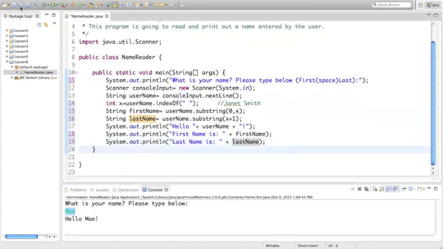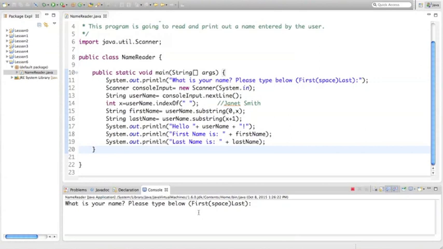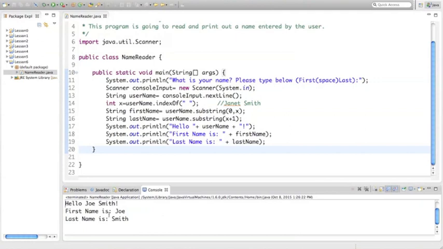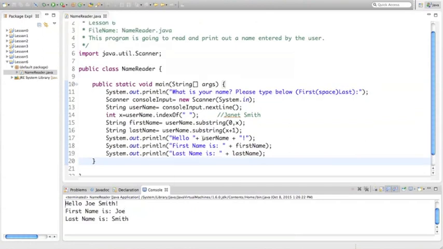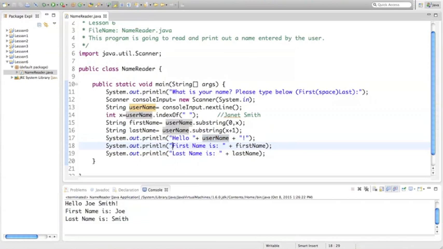Let's go ahead and run this. So please type below first space last. I'm going to use Joe Smith. Hello, Joe Smith. First name is Joe. Last name is Smith. We can have it say hello, username, and then maybe we can ask them,